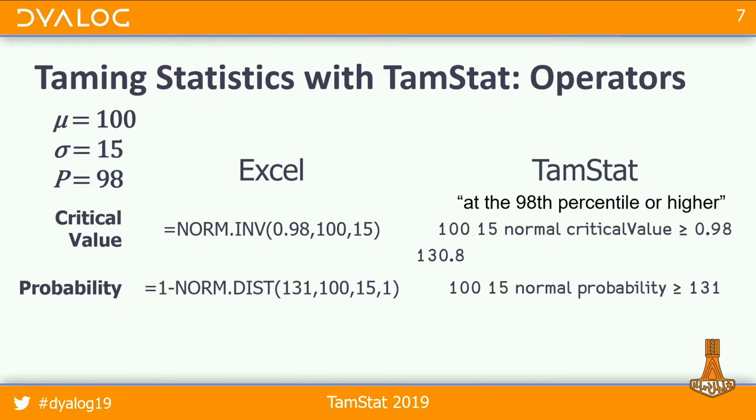Now, again, in Excel, it's a little bit awkward because their equivalent function, norm.dist, in this example only tells you the probability that someone has an IQ less than 131, and then you have to do 1 minus that to find what you're actually looking for, which is about a 2% chance, a 2% probability. So this is sort of an example of this taming statistics idea